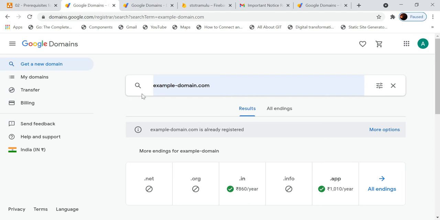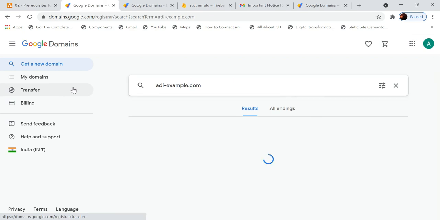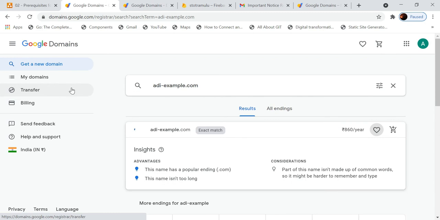If it is already taken, you cannot register again with the same name. Let me search for something like this. adiexample.com, some domain name I have chosen. This domain is available.